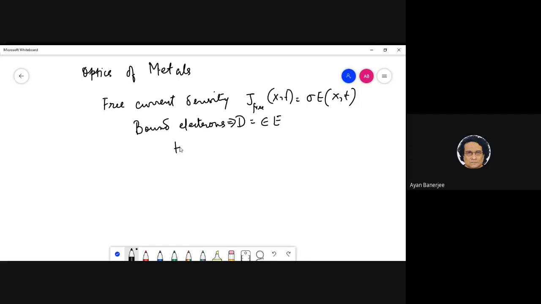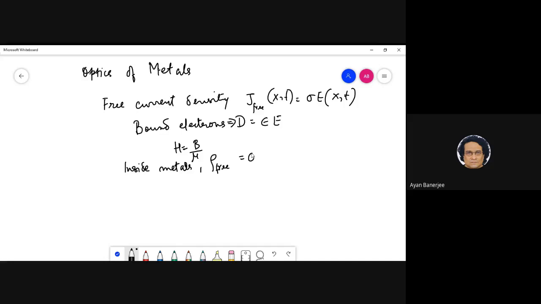Okay, and of course you also have here H equals B by mu. That is fine. But what is crucial also is that inside metals you have no free charge. Rho free is 0. Now, suppose you have free electrons on the surface of the metal, right? That is known. And suppose I say that there is some kind of charge density on the metal, which is isolated in a sense.